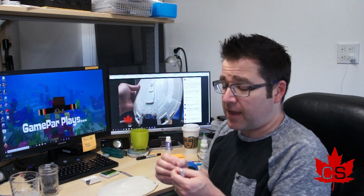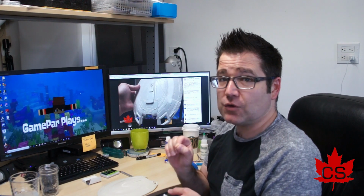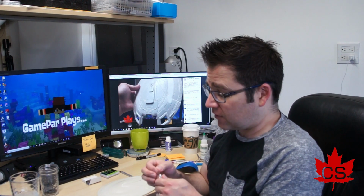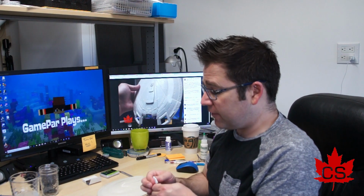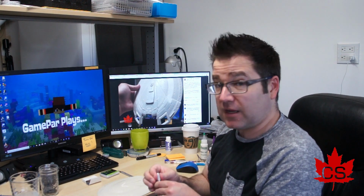I took the bottom end of it and just figured out until I found the size that fit perfectly into the molded in section for the windows. That's how I figured it out. And if you're curious about what size drill bits you need for this kit,